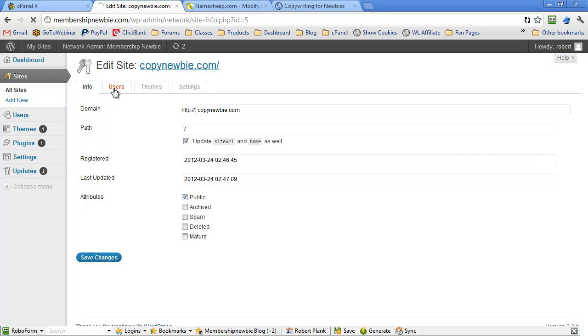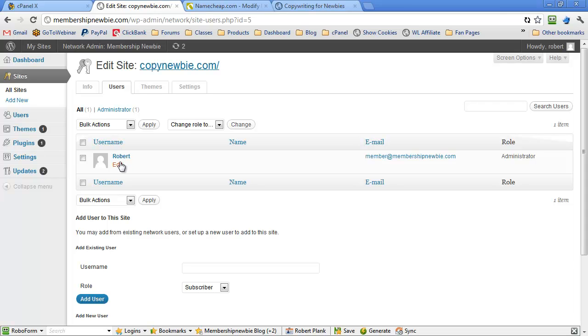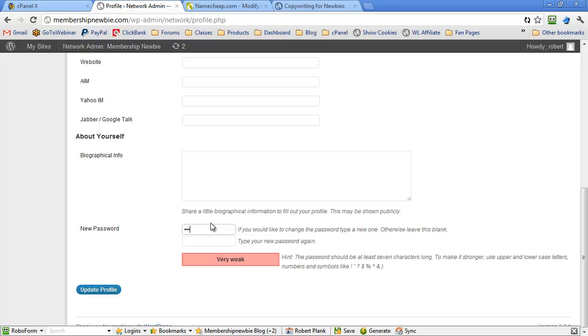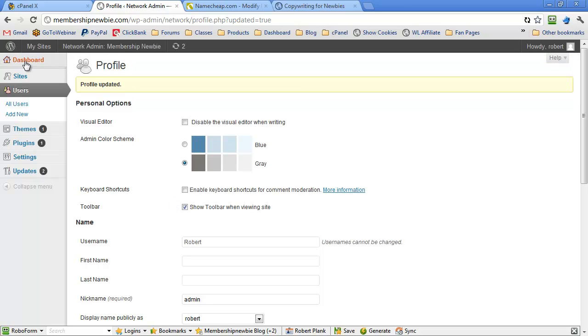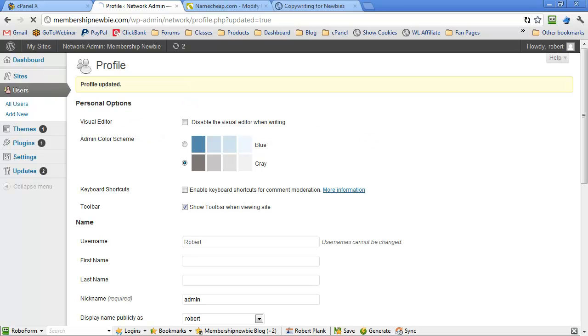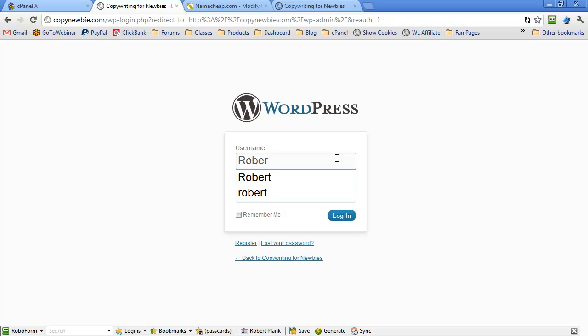Copy newbie, users, Robert, and all right, so let me go back here. Copywriting for Newbies dashboard. Try this again, Roberts, and